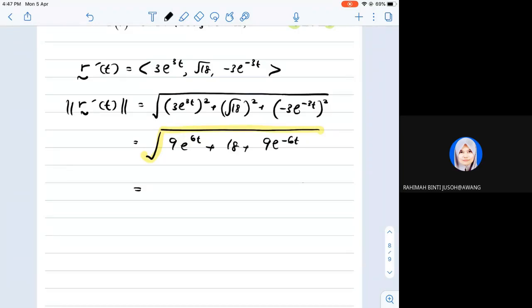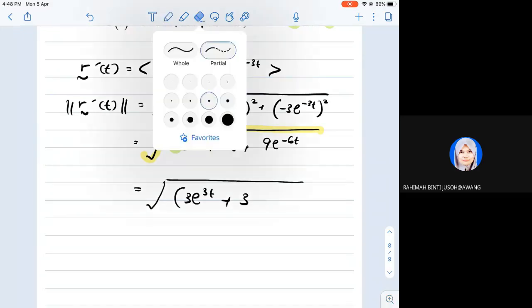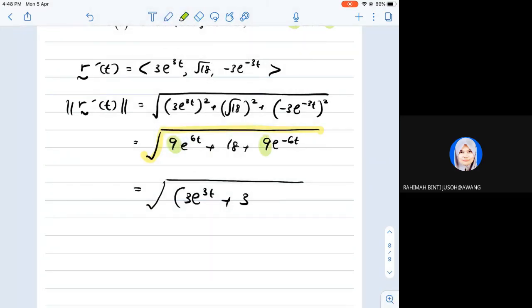Okay, first kali, copy balik punca kuasa and then open the bracket. 9 punca kuasa 9 ni, okay, we have 3 exponent and then 6 tu you bahagikan dengan 2, so you akan dapat 3T macam ni, tambah yang ni pula, yang kat belakang ni 9 jadi 3 juga, exponent negatif 3T